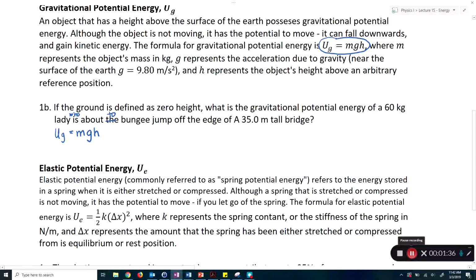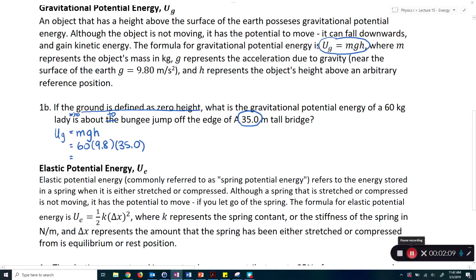So the height is always from some reference position. And in this case, they said the reference position is the ground because it's defined as a 0 height. Okay, so the ground is at 0 height. She is now at the edge of a 35-meter tall building, so that is her height. So the mass of the lady is 60 kilograms, g is 9.8, and h is 35.0 meters. Okay, so then we can just type this into the calculator,